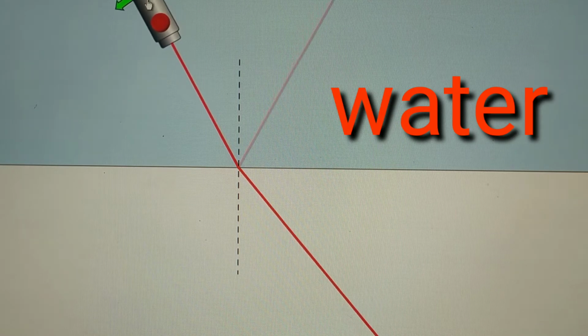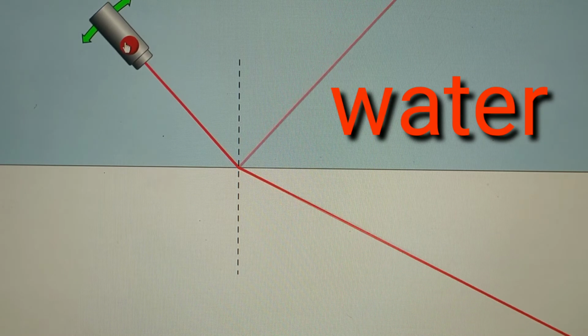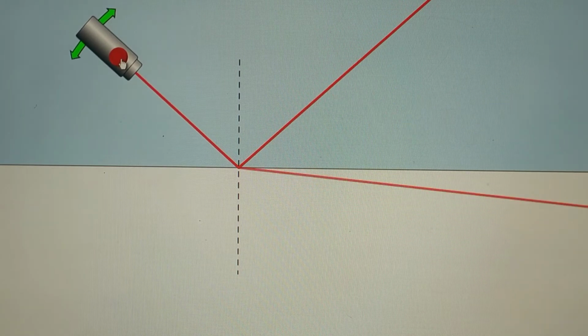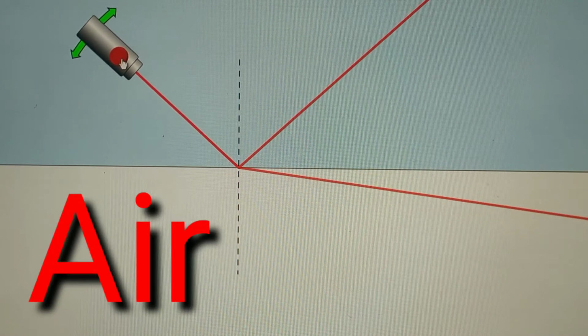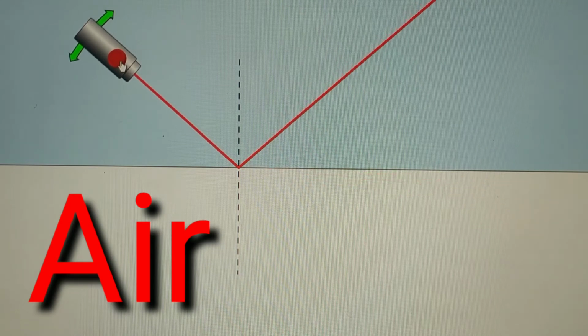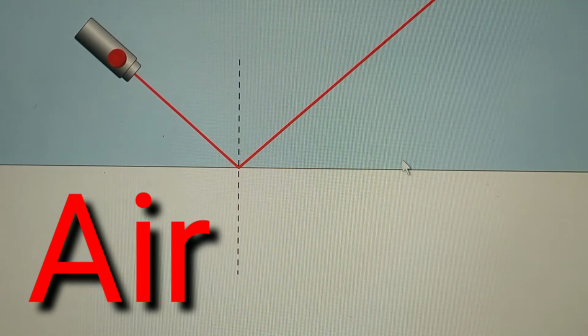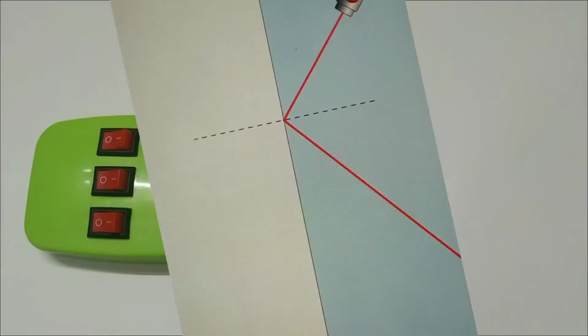So when the angle of incidence increases continuously, what is happening? At a certain level, look at this, no light is refracted to the second medium. All of the light bounces back to the first medium. So when this angle of refraction is equal to 90 degrees, in that case